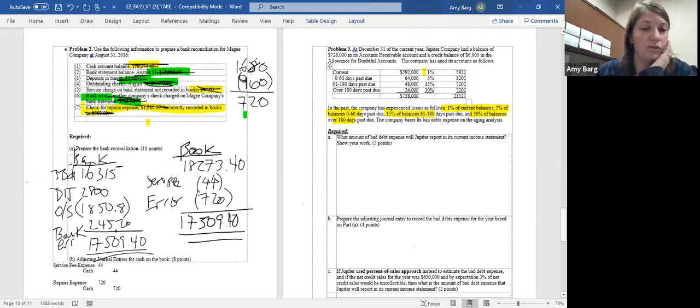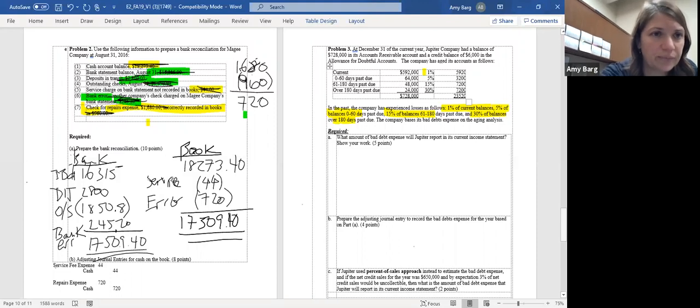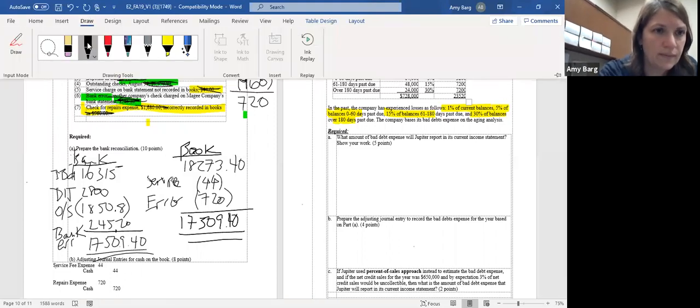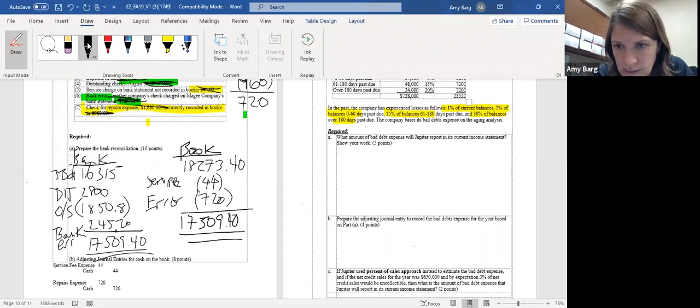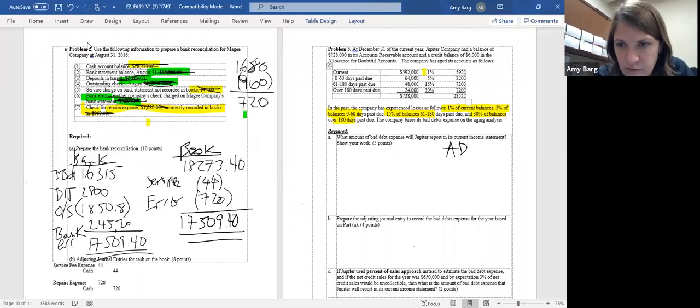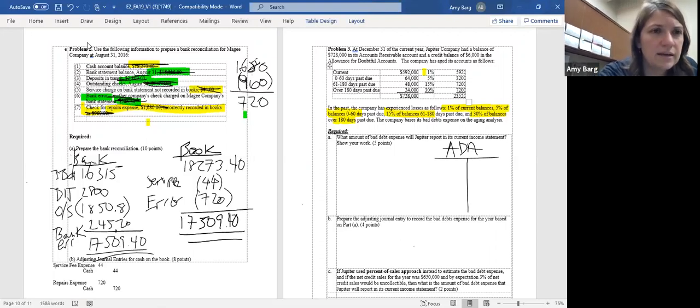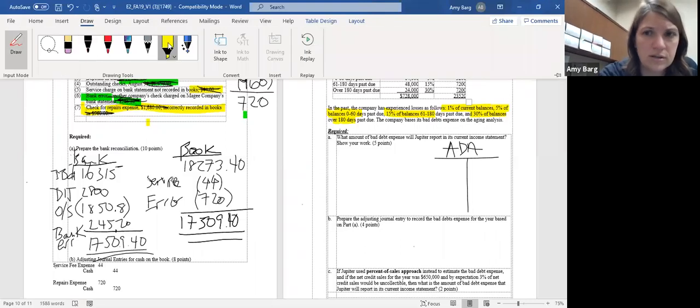So question A says, what amount of bad debt expense will Jupiter report on its current income statement? So it wants to know the bad debt expense, and the information gives us what the final amount in the ADA should be. So the easiest way to figure this out is to just draw a T-chart. So we have the allowance for doubtful accounts, and it tells us in the question